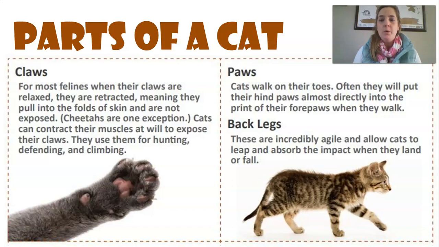They have paws. We shouldn't really call them feet. We can call them paws. And they walk on their toes. Their back legs are very agile and they act like little shock absorbers so that when they fall, they don't land on hard legs and hurt themselves. Their back legs are very soft and they absorb the shock so that they don't hurt themselves when they fall